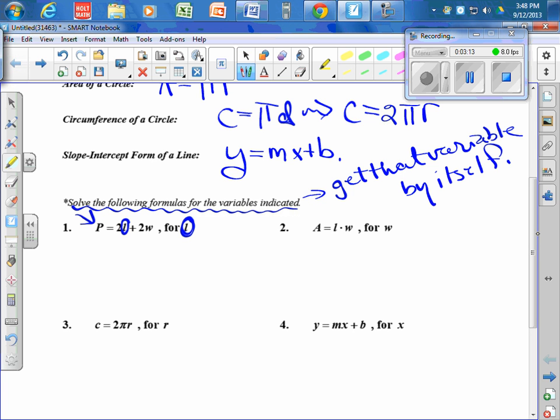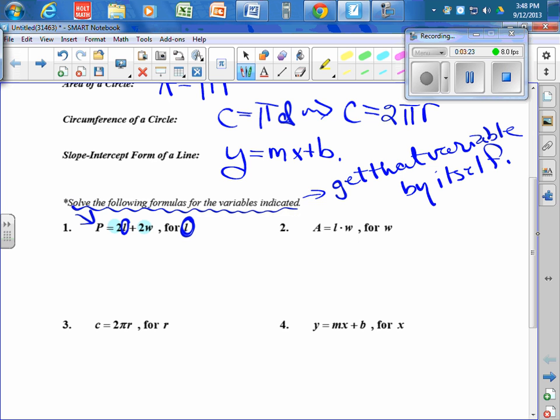And what we're doing is inspecting this problem: if we got rid of the 2 and got rid of the 2W, if we took those and wiped them off that side of the equation, wouldn't we have the L by itself? Well, that's what we're going to do. We're going to get rid of these other terms, this 2W here and this 2. We're going to put them onto the other side of the equation, and when we do that, we'll have the L by itself. Now remember, these are just numbers. They're terms. And just like solving any equation,